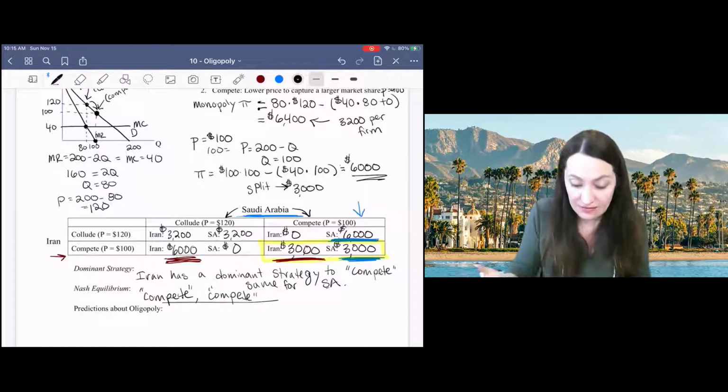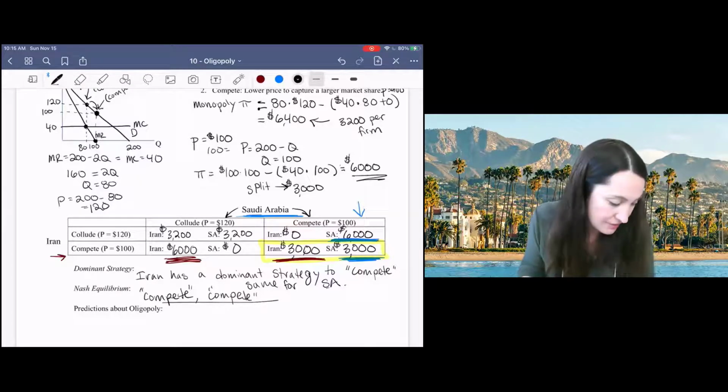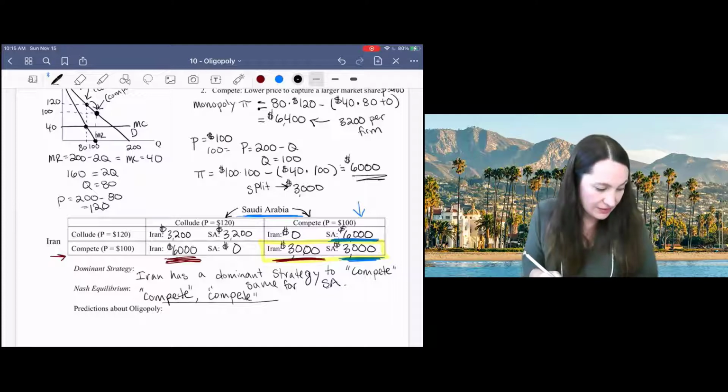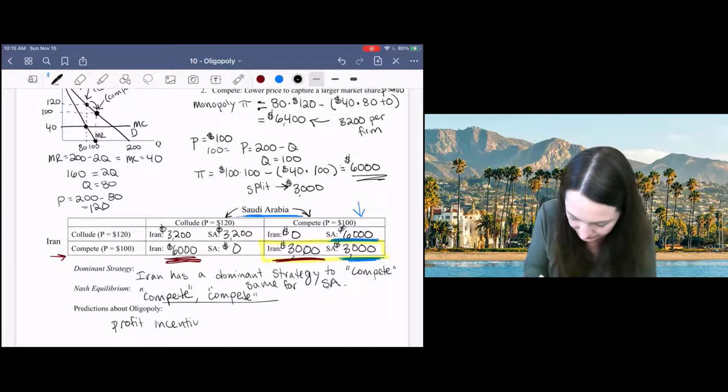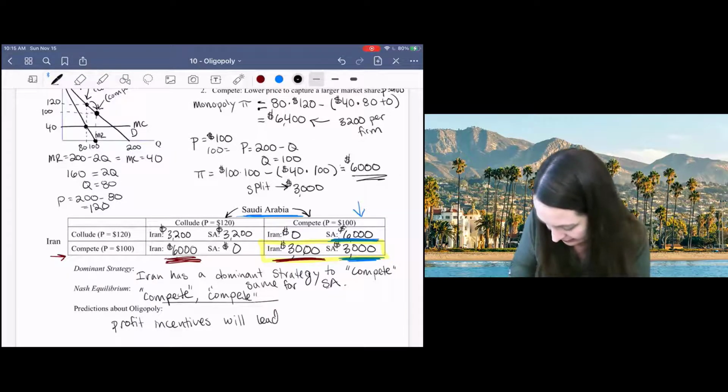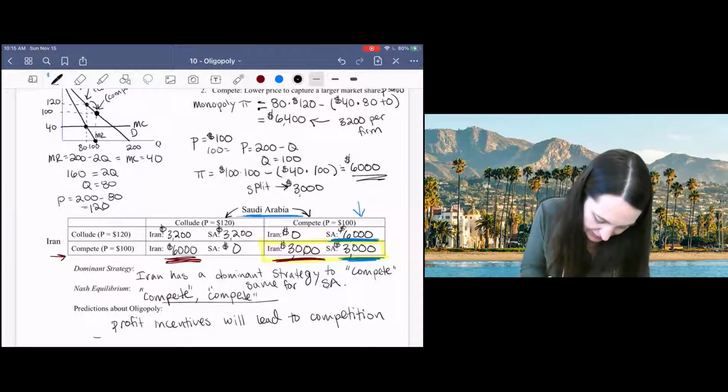Because of this incentive to compete. So the prediction here about oligopoly is that profit incentives will lead to competition, and our Bertrand